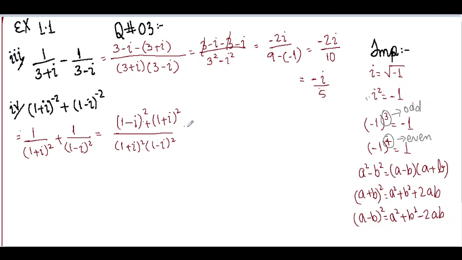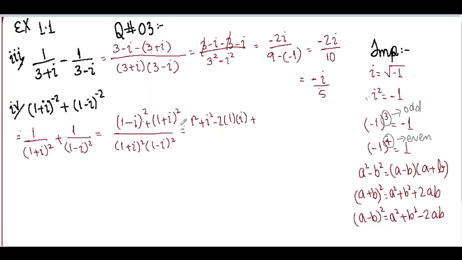Okay, so there is no such formula, we have to continue it this way. (1 − ι)² is (a − b)². There is the formula (a − b)² gives us a² + b² − 2ab, so we are going to use it over here in our solution. It is 1² + ι² − 2 into 1 into ι.